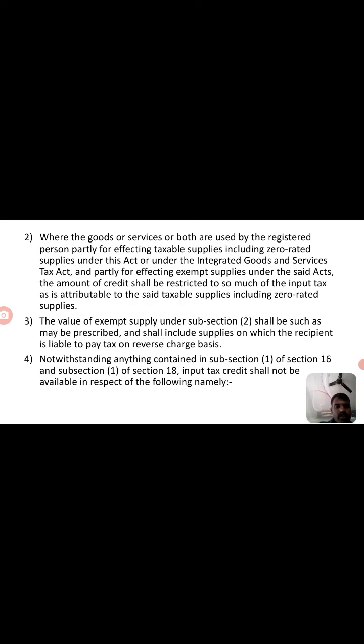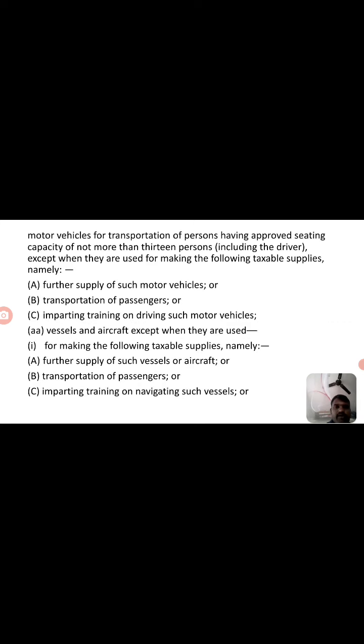Notwithstanding anything contained in subsection 1 of section 16 and subsection 1 of section 18, input tax credit shall not be available in respect of the following: motor vehicles for transportation of persons having approved seating capacity of not more than 13, including the driver, except when they are used for making the following taxable supplies: the supply of such motor vehicles, transportation of passengers, imparting training on driving such motor vehicles,